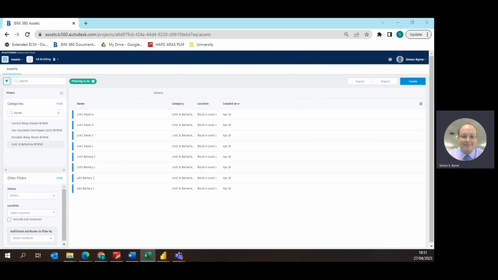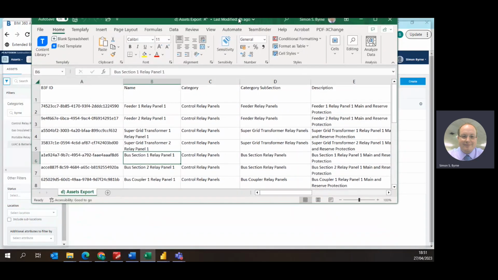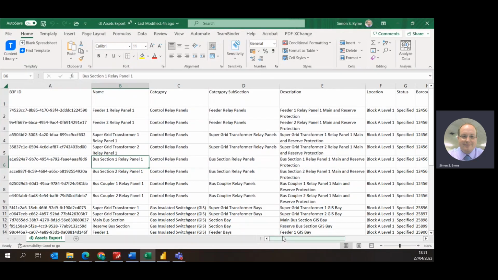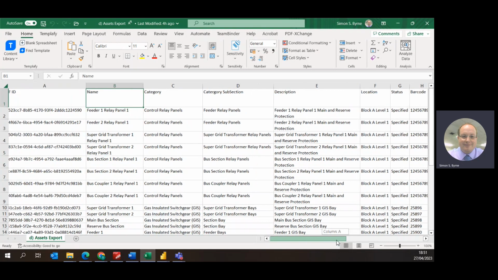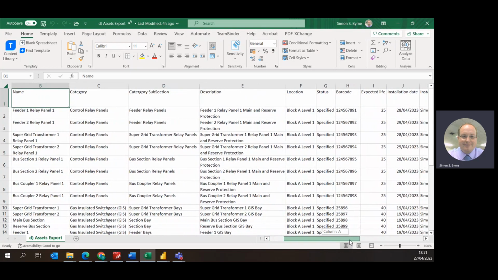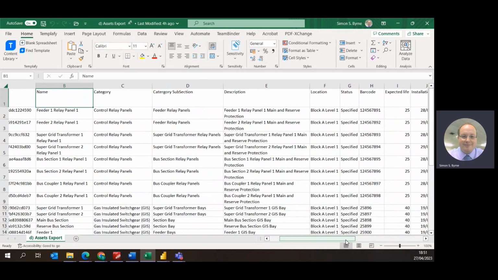I have already got the CSV file open within Excel. Here's the CSV file within Excel. What we can see here is the item serial code within BIM 360, and all the categories of the information of the assets have come out within the columns of the Excel spreadsheet. As we move over to the right-hand side, because of the limitations of the BIM 360 environment